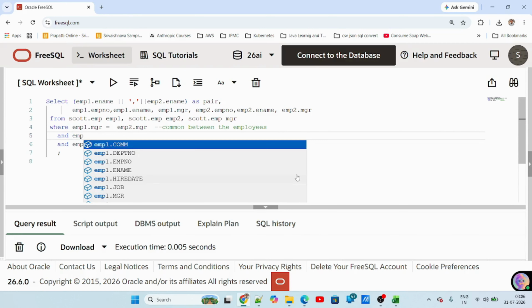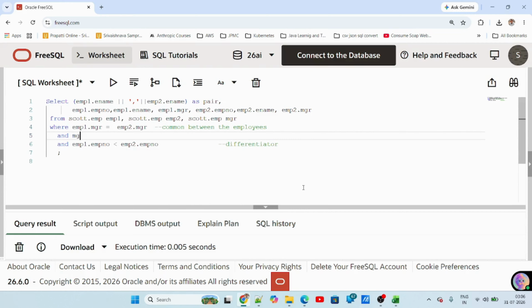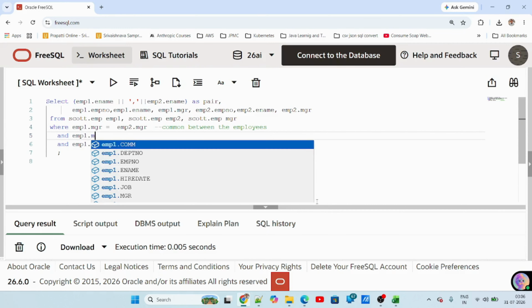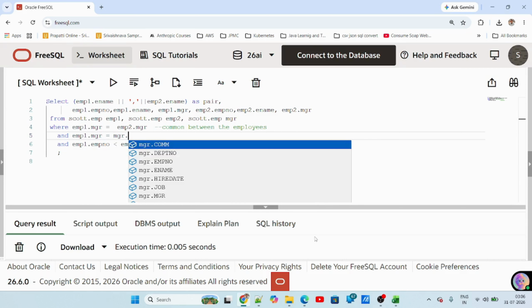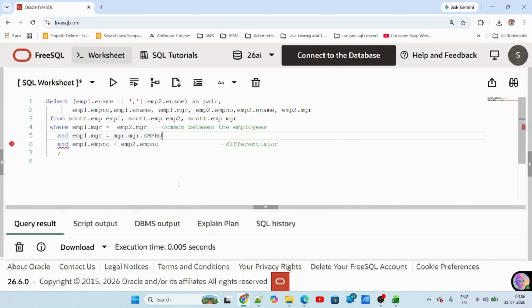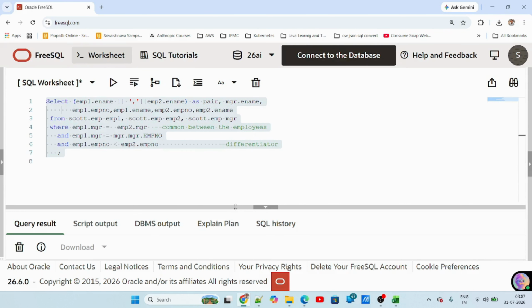You just need to intake employee one dot manager is equal to manager dot employee number, which is what we had done in the previous query. And here I just put the manager dot ename. Now I got the manager's name as well. I'm just removing the ID. If we run this,